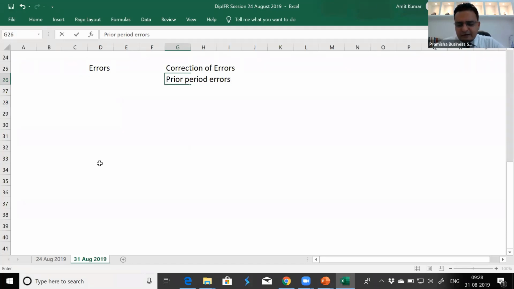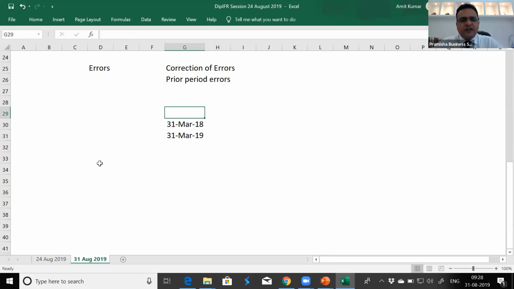If it is 31st March 2019, we are preparing our current year balance sheet. The comparative will be of 31st March 2018. The beginning of the earliest period presented is 1st April 2017.